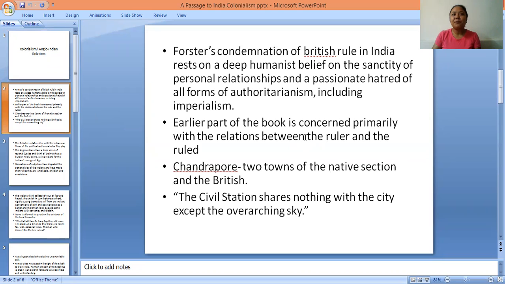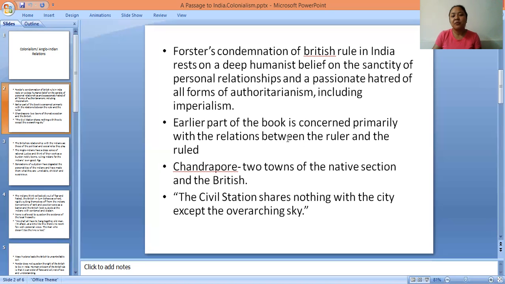So he did not politically dislike or criticize the Britishers imposing their rule on India, but he criticizes it on ethical grounds. He thinks that no person or no country should have the audacity to rule another person. It is not ethically correct. So he does not think in terms of politics.